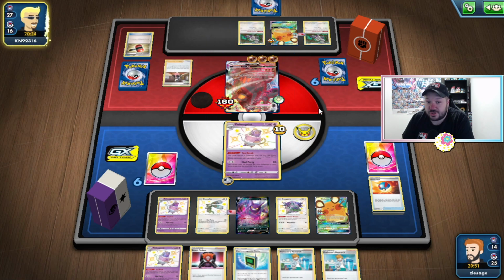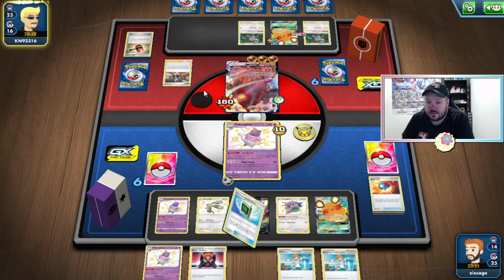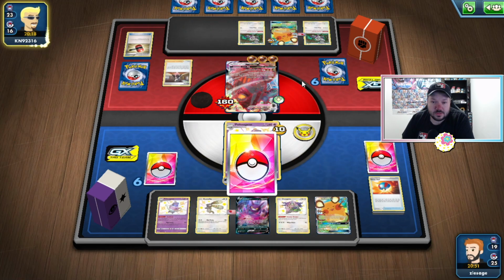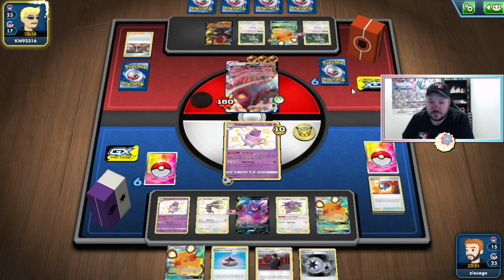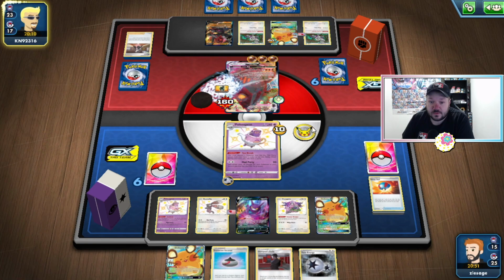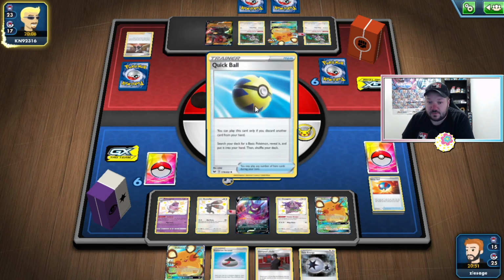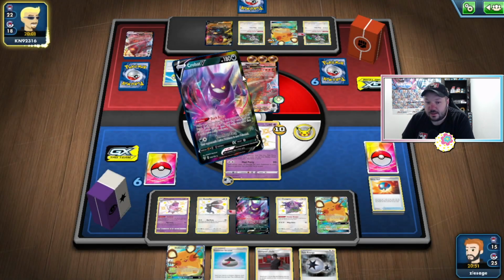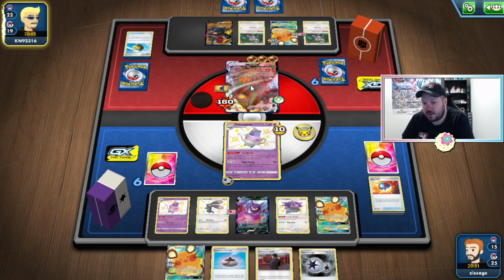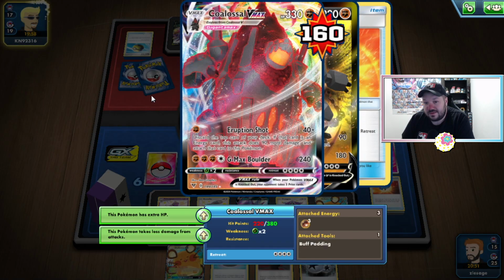I'm not entirely sure. Oh, they're going Marnie. So the fact that they did both seems just wrong. Unless they have a Rotom Phone. If they have Rotom Phone, they'll probably get it. The buff padding makes it incredibly tough. So how much damage do we have to do now? That's crazy. There's 380. It's almost like 440. So that means I need to do